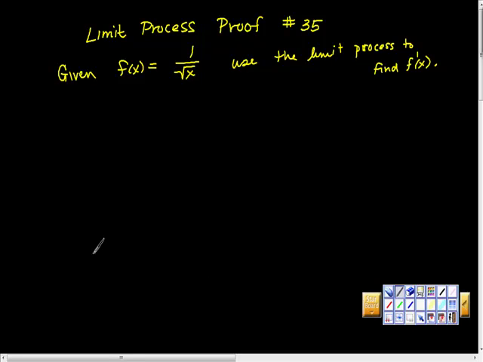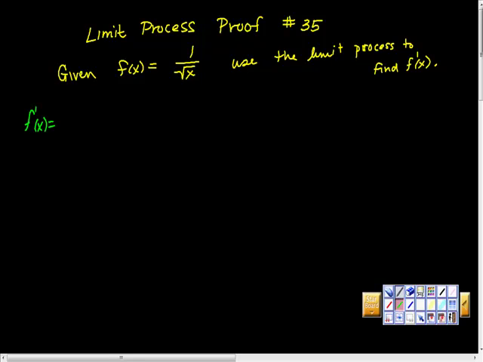All right, limit process proof for question number 35. It says, given that f of x is equal to 1 over the square root of x, use the limit process to find f prime at x. So first thing I do is set up our opening statement here, and that is that f prime at x